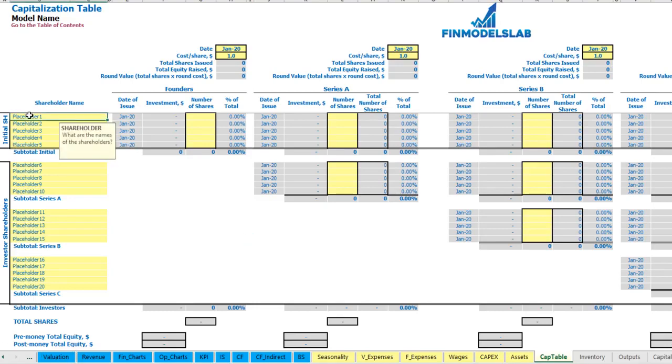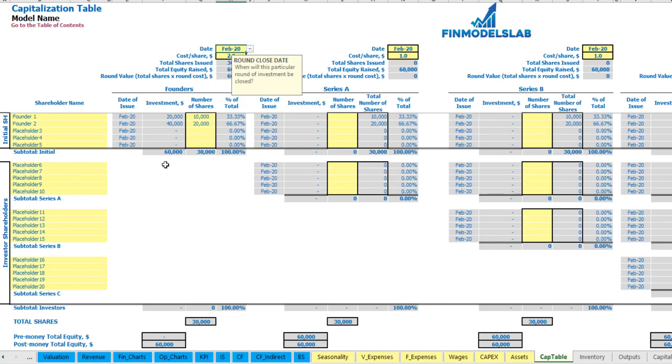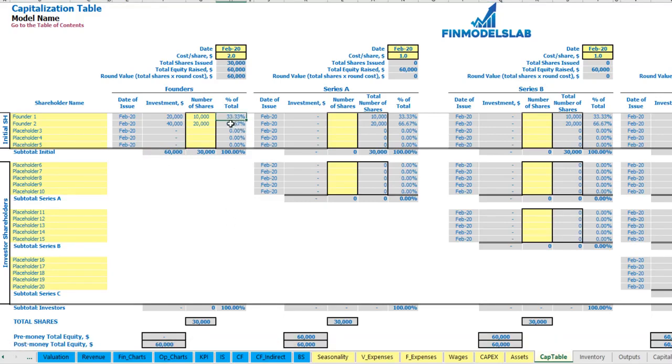Let's pretend that we have 2 founders, founder 1 and founder 2. So the total amount of shares for founder 1 can be 10,000, for founder number 2, 20,000. Let's imagine that the cost of share will be $2 and the date of founding is February. This means that the investment for founder 1 is $20,000, for founder 2 is $40,000. In total they invest $60,000, which you may see here. The dilution is 33 to